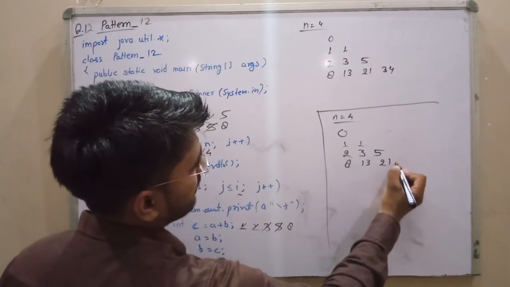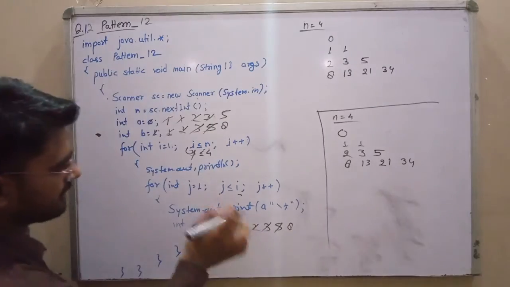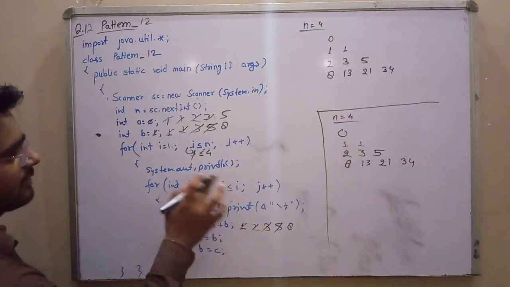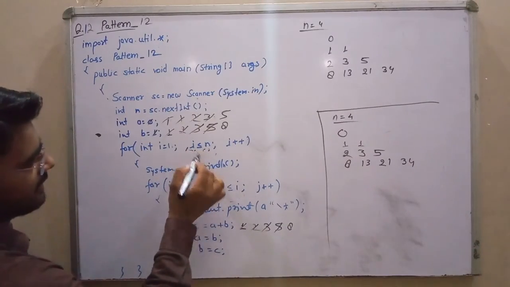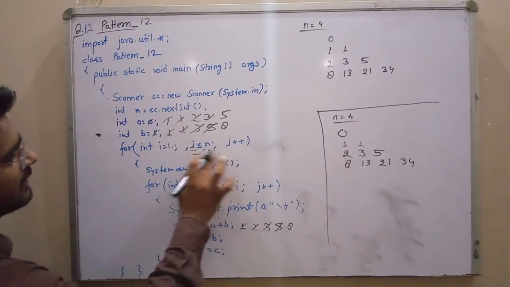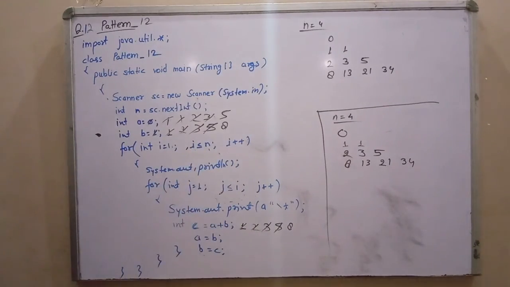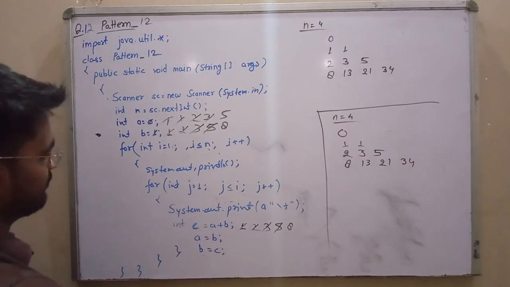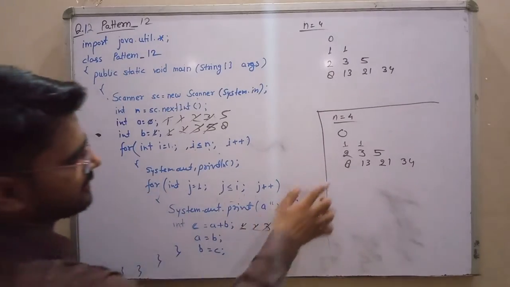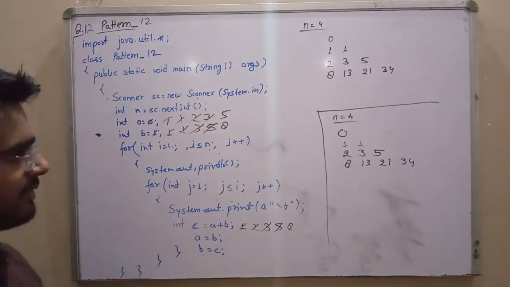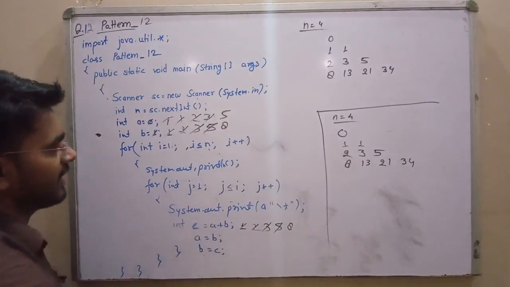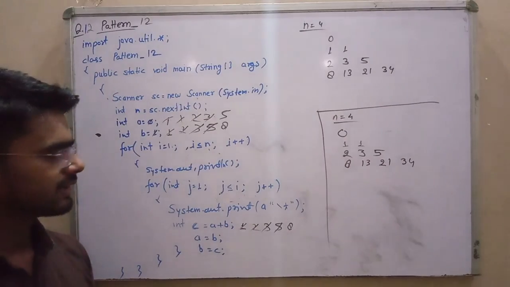and here 21, and here 34. After this, again i value is 4, then 5, the condition is not satisfied, then we come out of this loop, and i plus plus, then here 5 less than or equal to 4 is not satisfied, so we jump out of this loop, condition not satisfied. Okay, so I think everyone understands how this program prints the same values. I think everyone understands. Okay, thank you so much.